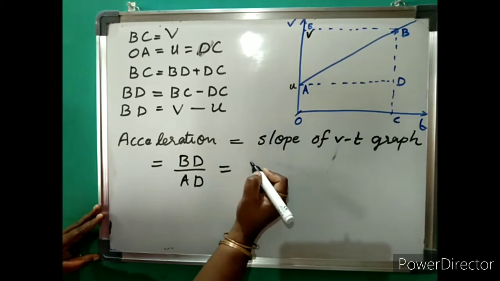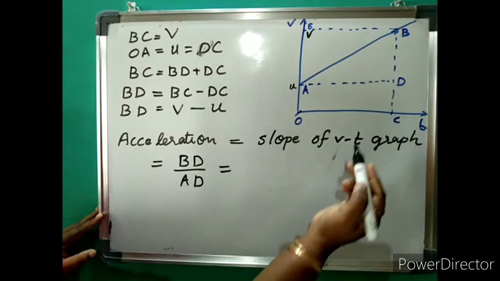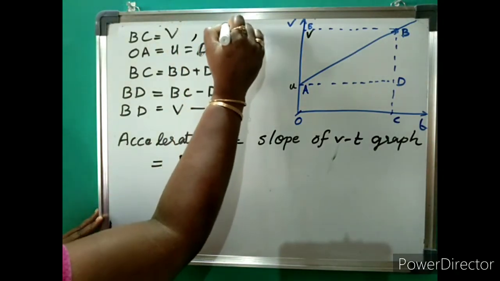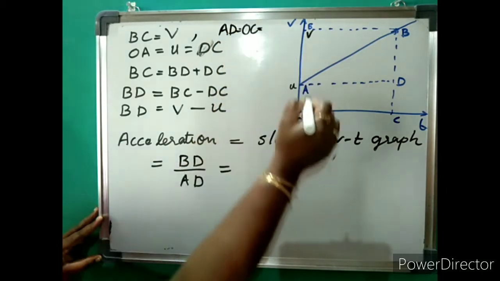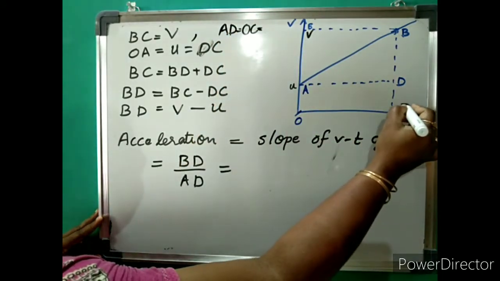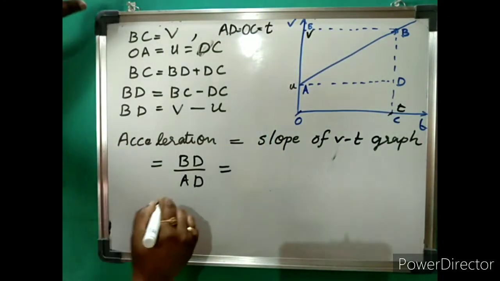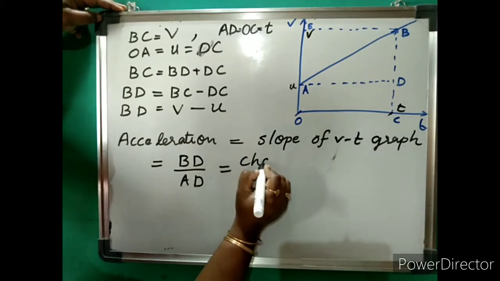What is AD? AD is equal to OC, which is the time T. We know that acceleration is equal to change in